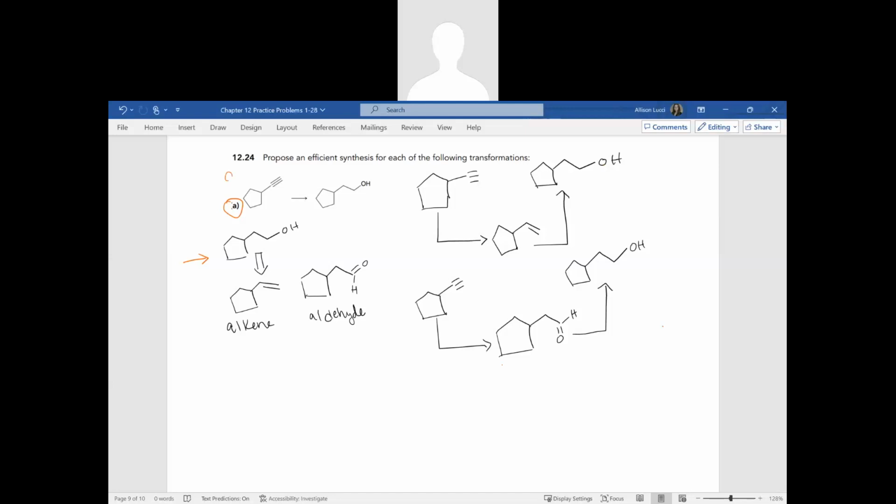We begin with an alkyne and an intermediate product that we could create to form the primary alcohol as our desired product. We could create an alkene intermediate or an aldehyde. So that's what we see over here. We see we start with our alkyne starting material, and then in this first reaction, this could be achieved using